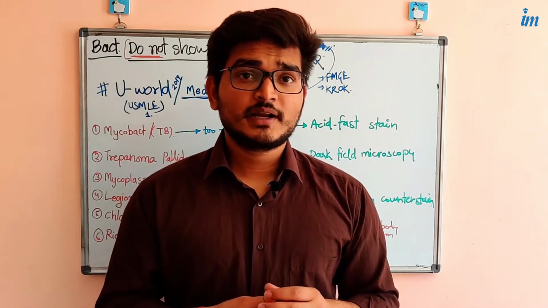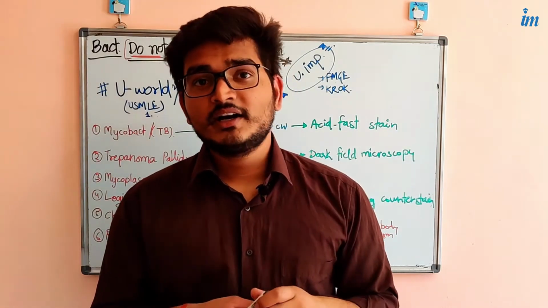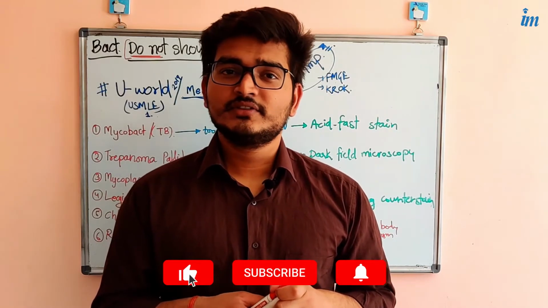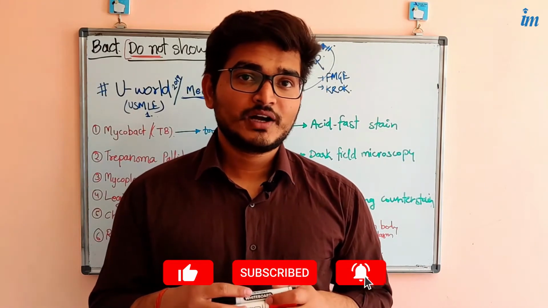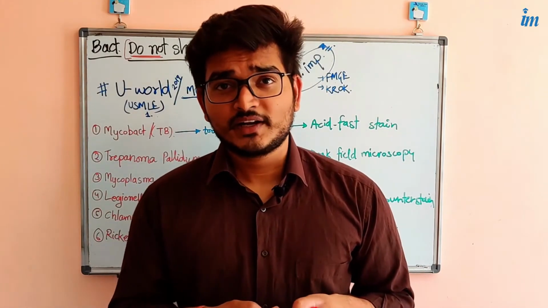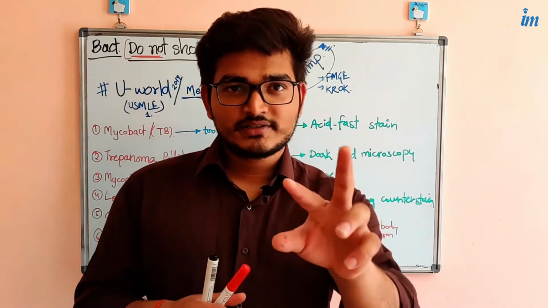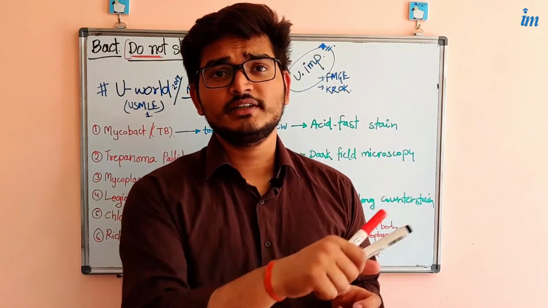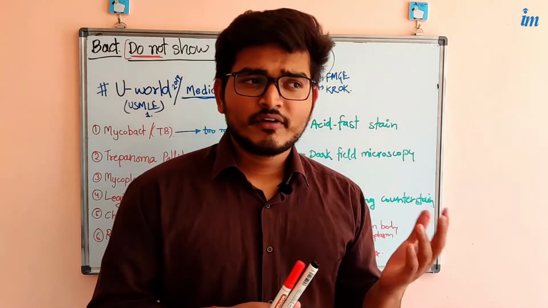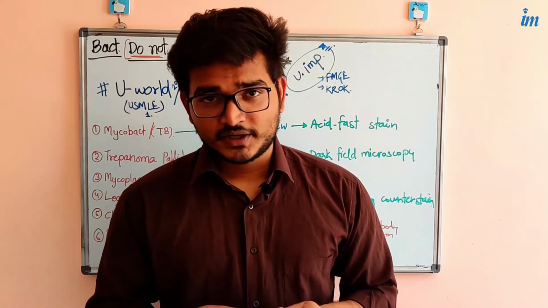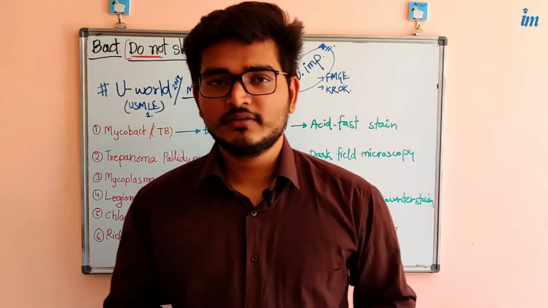In the gram-negative bacteria, the first stain, crystal violet, does not stick, so in the final stain you can't see it. I mean, in gram-negative bacteria, in the final stain you will see the counterstain color. In the counterstain you will see the gram-positive bacteria as crystal violet color, and the gram-negative bacteria as red color. Okay, that was a simple concept which I told you in my starting video.